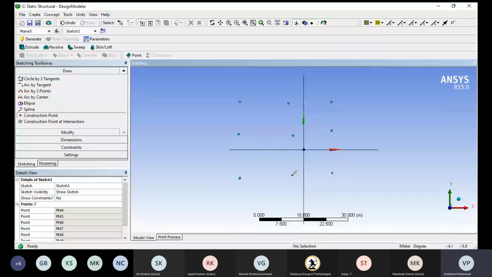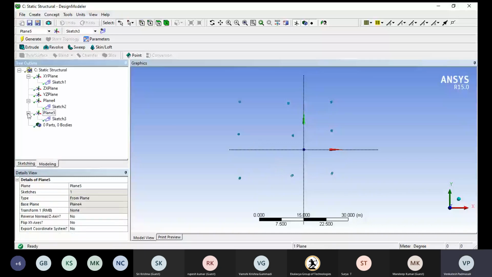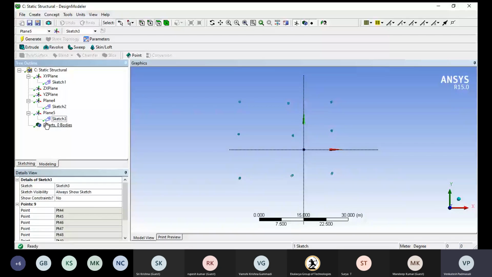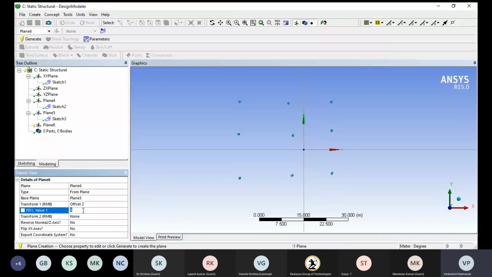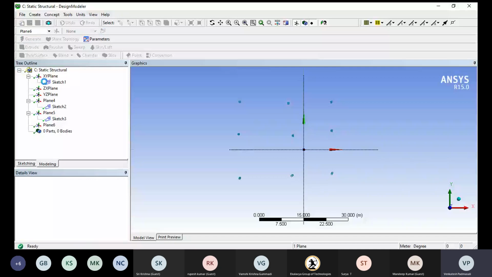And I would like to enhance the new plane again, modeling, open. I would like to sketch, always show sketch, new plane. My option should be convenient for everyone, so we need to go to plane number 6, right click, should open here itself, some 20 again, generate. So here the plane again, none.